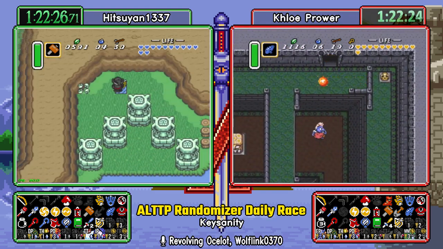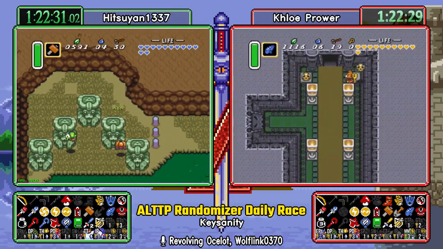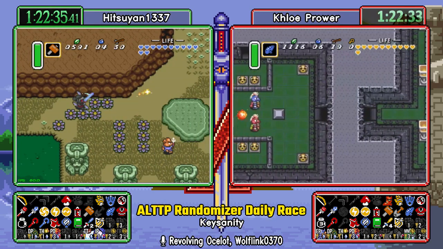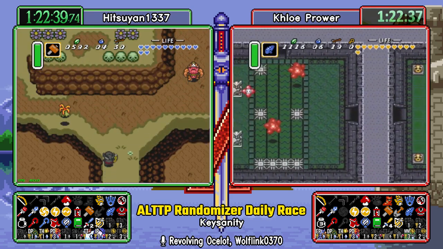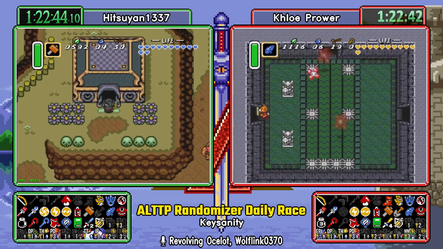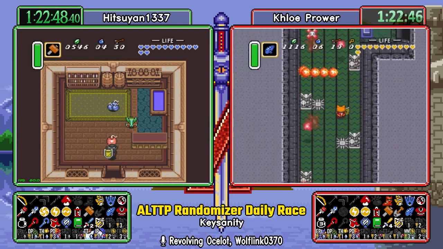We have 3 keys available to us. So while we don't have the big key, we can go fairly deep into Turtle Rock. All the way to not Laser Bridge, Mimic Cave. Unfortunately, Clay already dipped into a tiny part of Turtle Rock to get that big key for Eastern Palace, actually. And we actually don't have a hint for Mimic Cave, so...